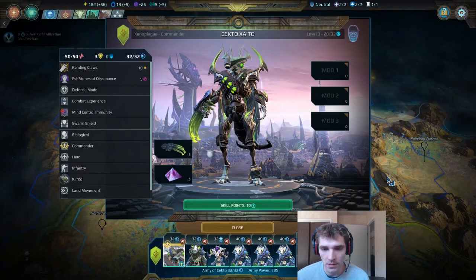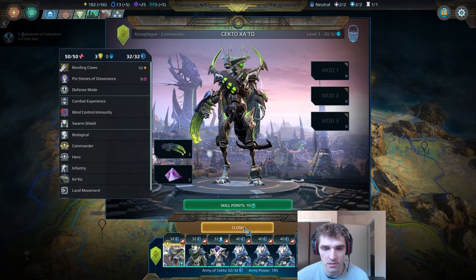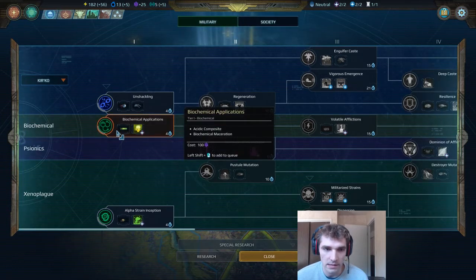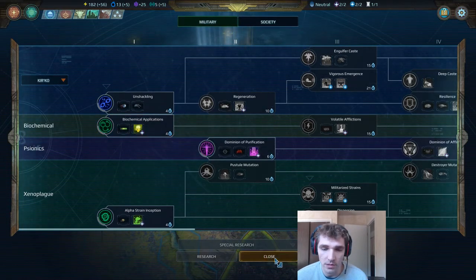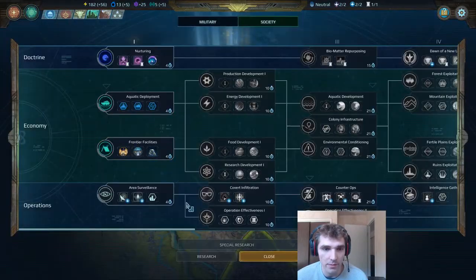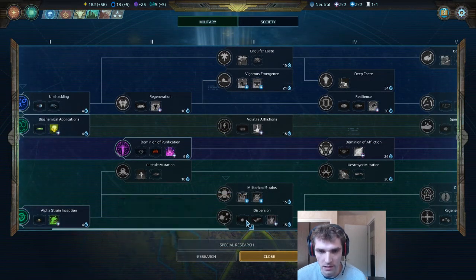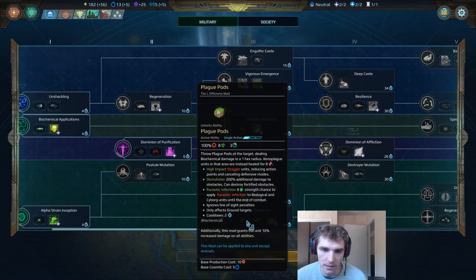The Xenoplague Kir'ko combination is arguably the best combination for the Xenoplague secret tech because you have access to this biological channel over here, or biochemical damage channel research like the Amazon do, but unlike the Amazon, you don't have animal units. Everybody is a biological, and everybody can apply these plague pods. So you can group your guys a lot and heal up without any unit who can't contribute. If you put all of your units in with this, you're going to get a lot of units swarm shielding, protecting each other, and then healing each other, as well as if you combine the swarm shielding with